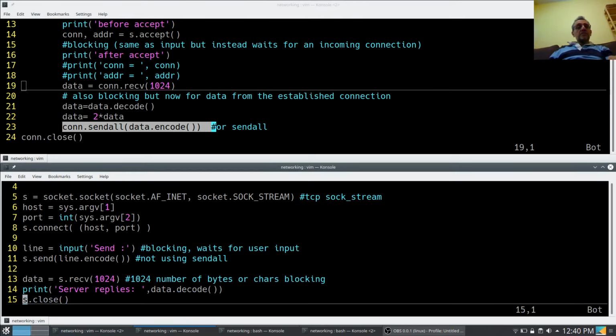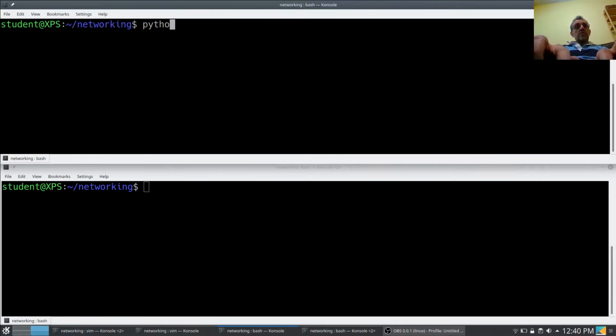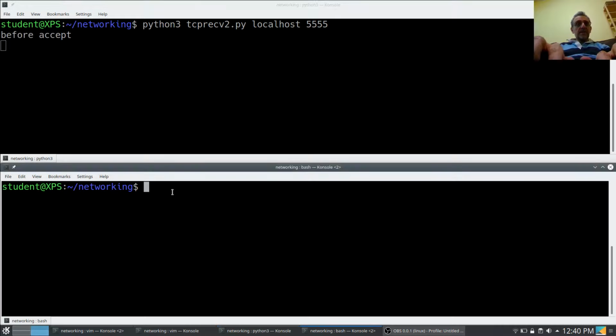Okay, so let's see what this looks like. Let's try it out. So we'll go python3 tcp_receive2, and our host will be localhost, and let's try using port 5555. Remember, the biggest port you can use is 64,000 something. And now it says before accept, and now we'll go python3 tcp, oops, not receive, but send2, and